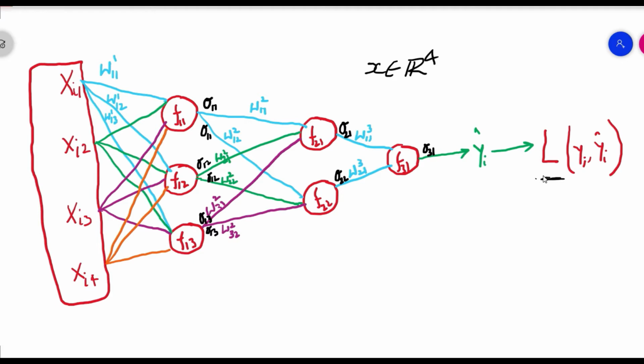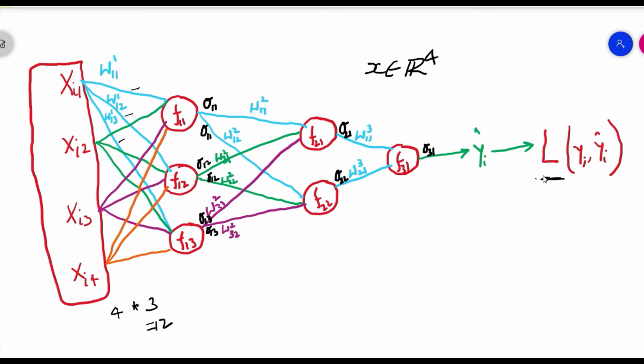Finally, for training your multi-layered perceptron, what exactly do you need to do? You need to determine the weights that are present on each of the connecting edges. Here, we have 4 features being fed as input to our 3 activation functions. So how many weights do you need to determine over here? You need to determine 12 weights.